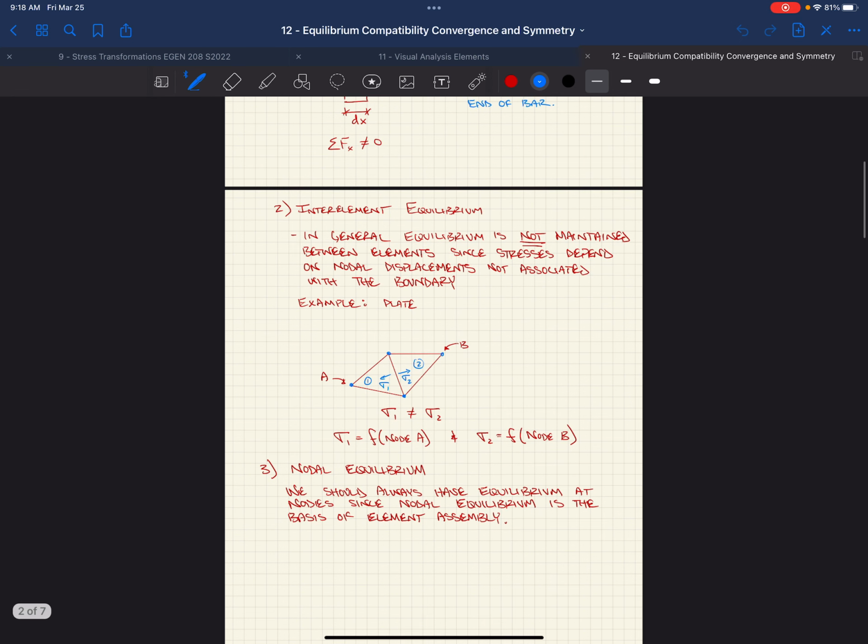Inter-element, between elements, in general, equilibrium is not maintained between elements, and stresses depend on nodal displacements not associated with the boundary, right? Same goes for that axial bar element. The stresses that we calculate are based on the displacements of the two nodes of that element, right? And if we put two axial bars next to each other, there's two nodes each that are not related to one another. They're only common at the one node. And so the stresses that you would see in those bars would not be the same,